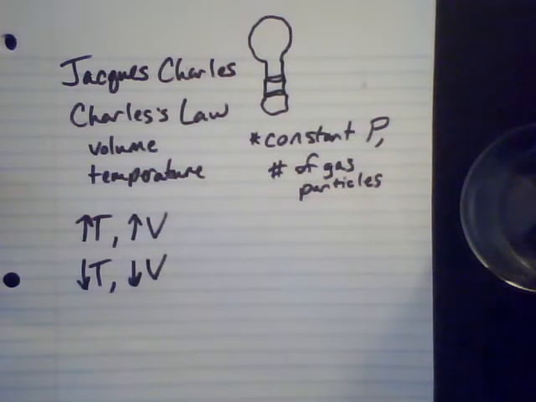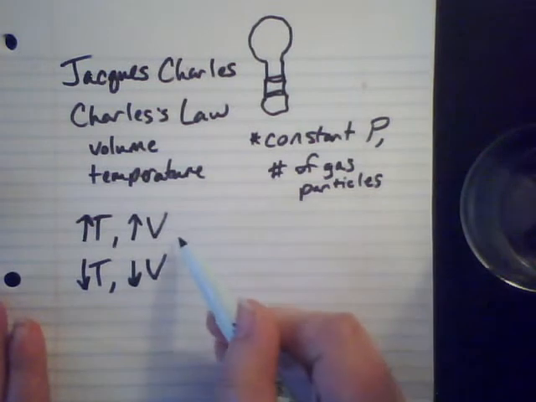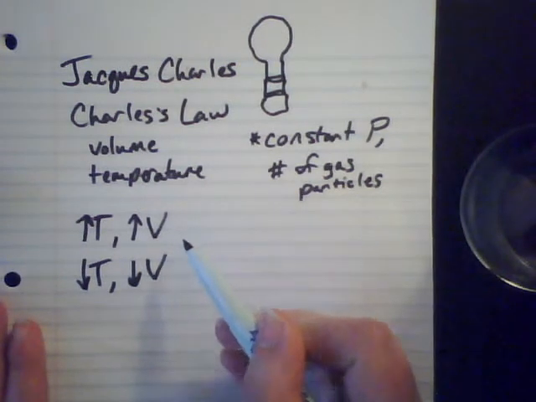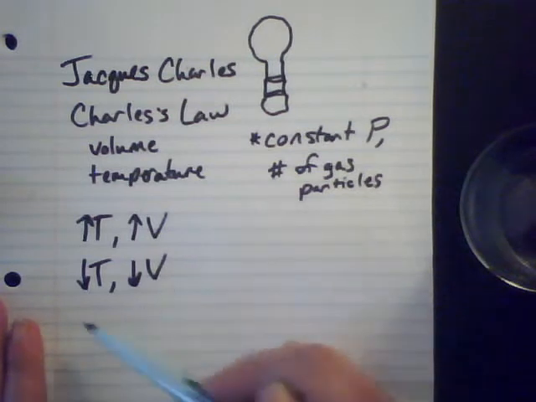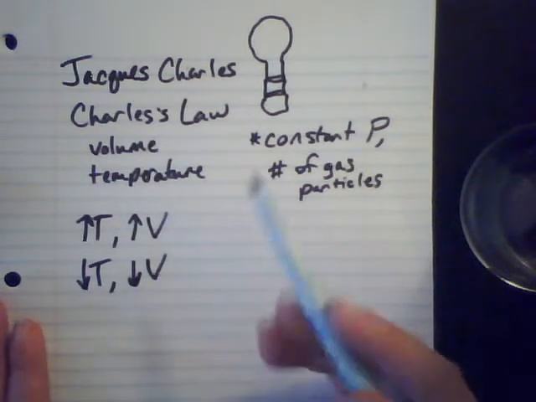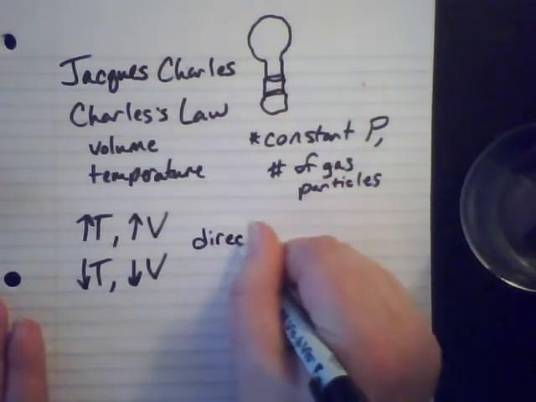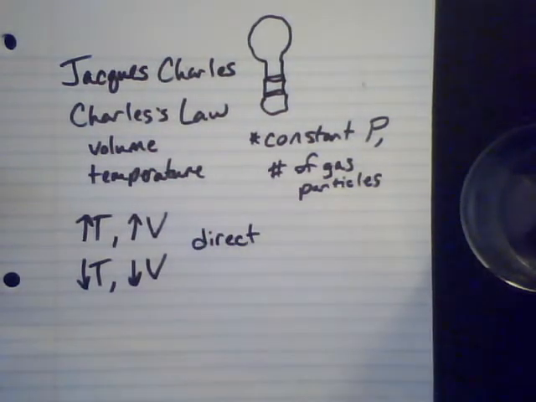Okay. So Jacques Charles in his hot air balloons was kind of looking at, he wasn't just studying hot air balloons, but I like to mention hot air balloons with him just because of the relationship between the gases and the temperature there. So now this is different than what Boyle talked about. Boyle said as one variable went up, the other one went down. So this is as one goes up, the other one goes up, which is a direct relationship. And that's Charles' law. Charles' law says there's a direct relationship between temperature and volume given a constant pressure and a constant number of gas particles. So that's our second chemist there that studied gases.